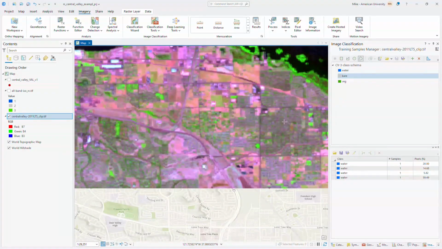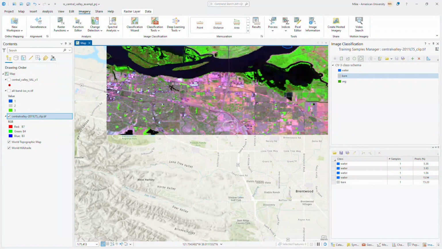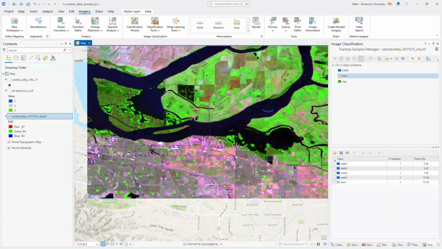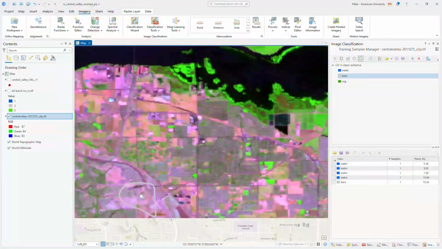Now I probably wouldn't do it here because I might like some of these pixels to ultimately be classified as vegetation and some as bare. That might be asking too much, but maybe it'll work. So I'll pick ones that are obviously bare based on this 743 image, where high redness is going to indicate reflecting a lot of shortwave infrared too, which is definitely not happening in robust vegetation. So the robust vegetation is green because it's band 4. So let's see, bare,